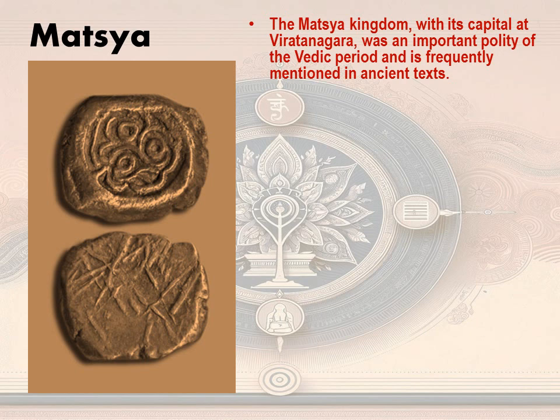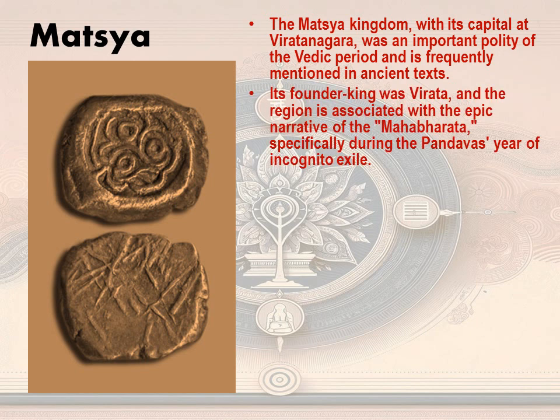So this was a very significant kingdom, and Viratnagar itself is a very significant city both in the Vedic period and is also mentioned in the text of 6th century BC, highlighting its importance for a long period of time. The founder king was Virat, and this region is associated with epic narrative of Mahabharata,